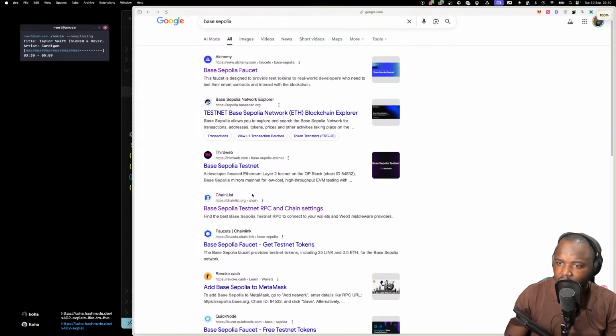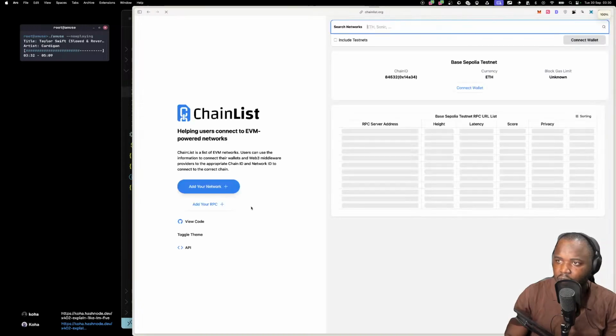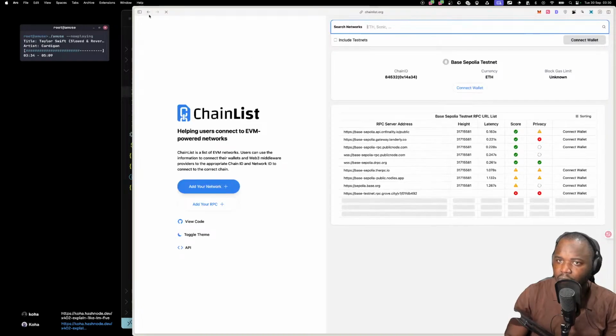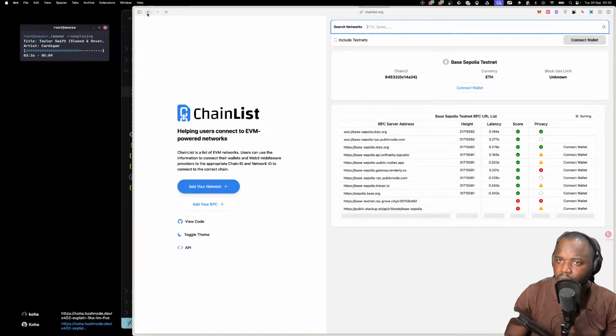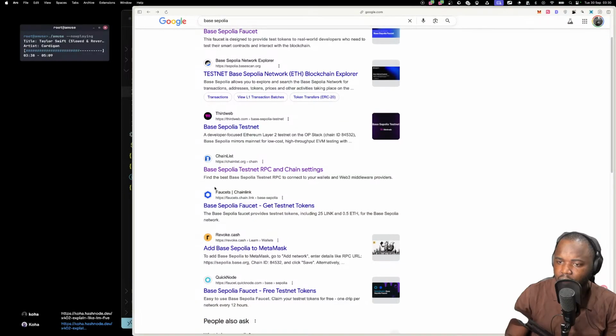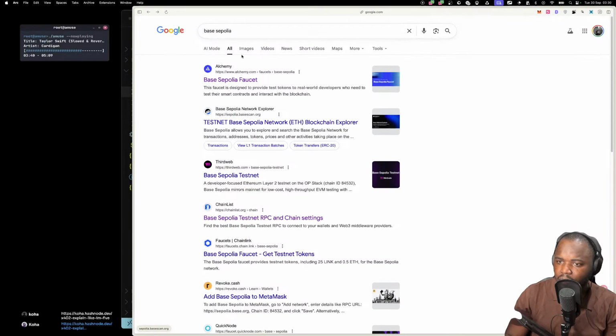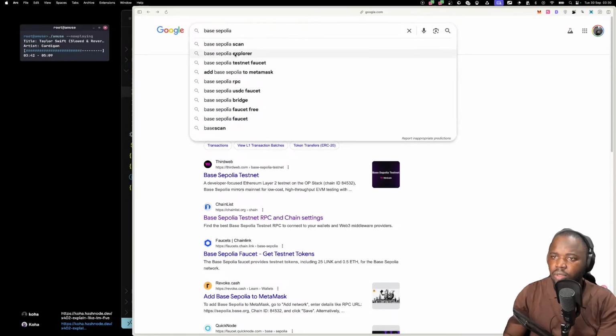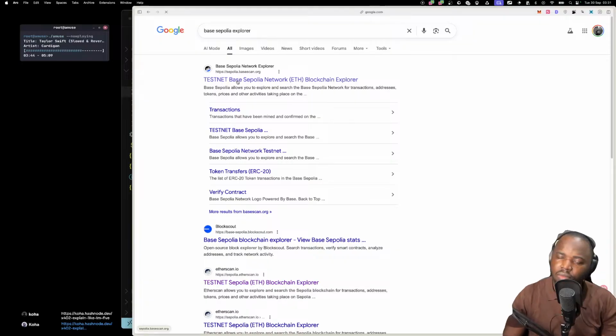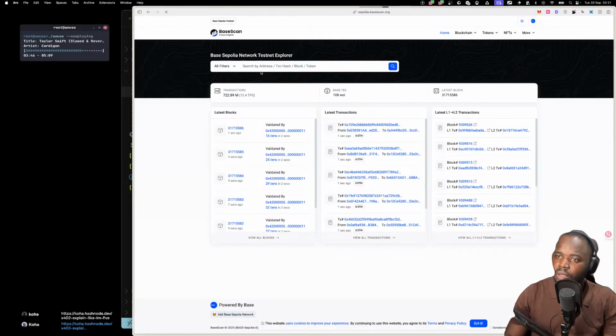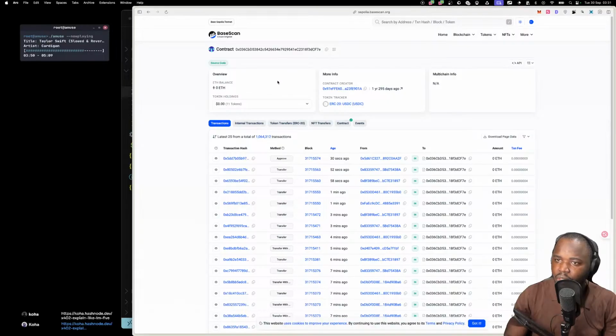I need to find the Base Sepolia explorer. Okay, let's see, this chainlist.org. No, not this place, I'm not coming here. Base Sepolia Explorer. Okay, so I can paste this, and that should show me